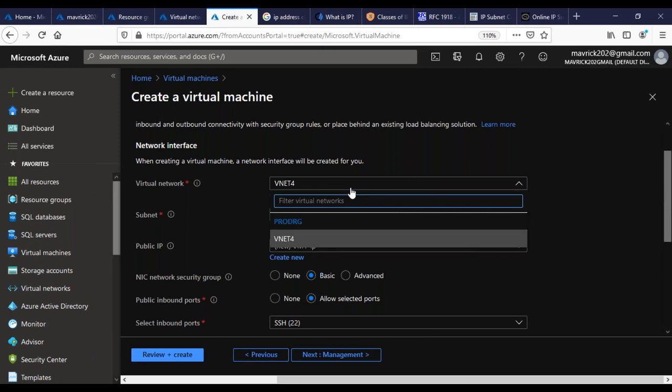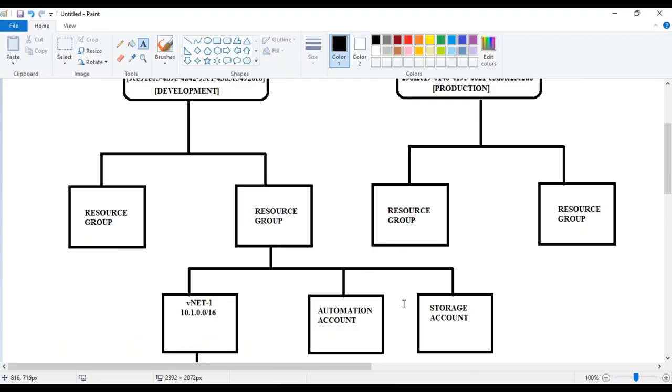That means what you need to understand is the resource group is not region dependent. It's a logical boundary, but the virtual network is region dependent. Is it clear, guys? Any questions here? Is there any questions about resource group? Anything you didn't understand about resource group? I know it will be a little confusing, but you should understand it's not a physical boundary. That is what I'm expecting to understand. Any questions here?